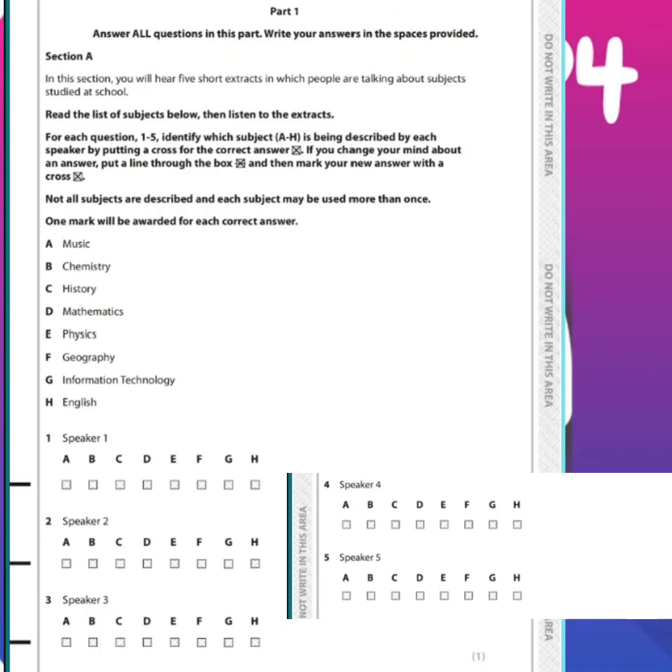Speaker 1. It is the most widely spoken language in the world and the 3rd most common mother tongue. Great writers, classic and modern, have written in this language. It is important we do well in the subject, as we must have a good grade in it if we want to go to university.